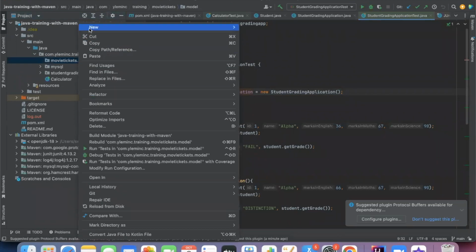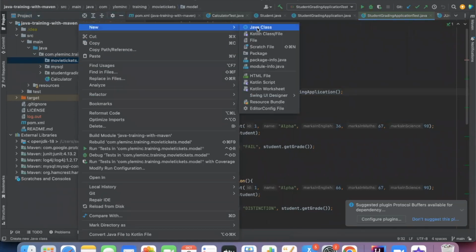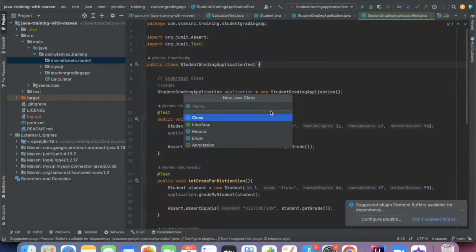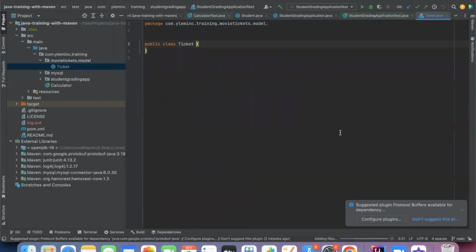Within the model, let's create this, maybe the ticket. What it is? So the ticket will be having